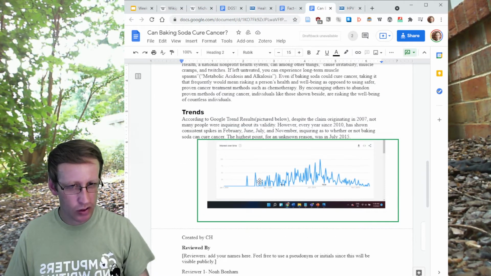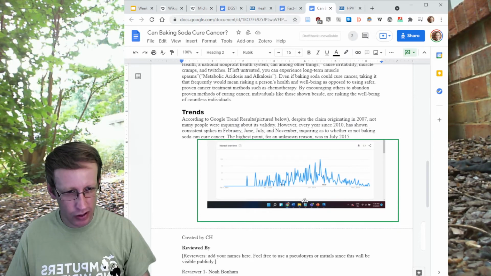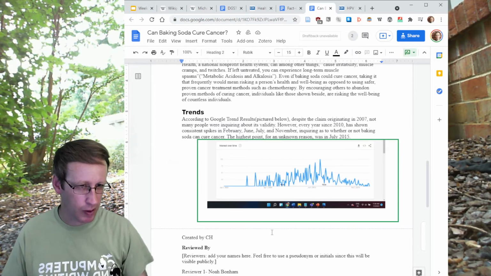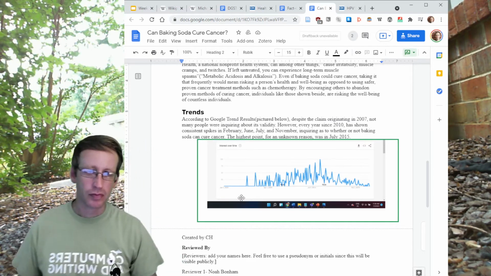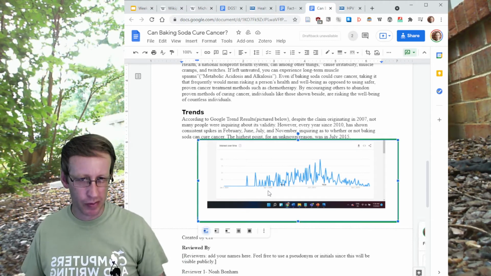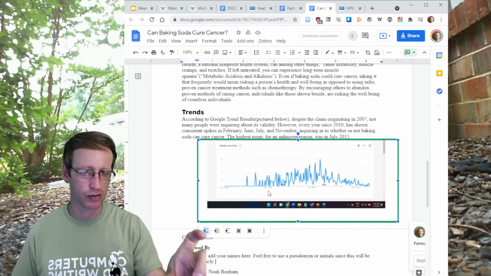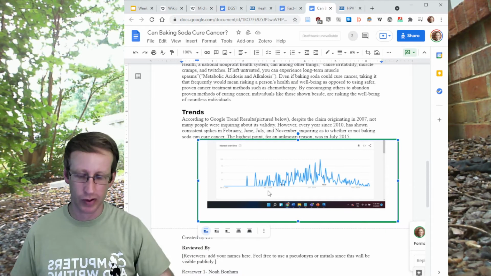The other thing, it looks like you cropped out part of this image, but your desktop is still visible there. So you might want to crop that out too. But I think, well, I don't know, maybe you can reposition, but the heading I thought was useful too, to show what this is a graph of on the Google Trends thing.